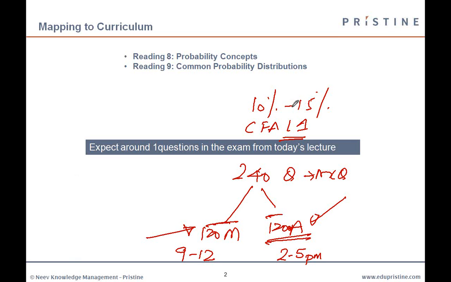So now coming to quants in particular, the weightage given is around 10 to 12% actually. Okay. So what it means is if you're going to get 240 questions overall, 10% of that, that is around 24 questions, can be expected from quants. That is around 12 questions in the morning and 12 questions in the afternoon could be on quantitative methods. So quantitative methods is quite significant that way from its weightage given on the exam. All right.